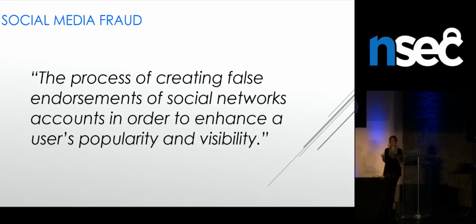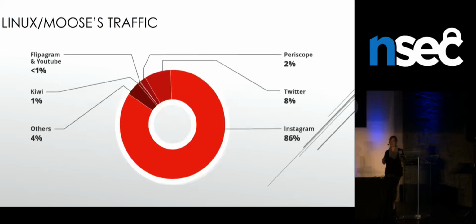This means that what the operators are doing is creating fake accounts, logging in with their fake accounts, and going and liking and following other accounts that are held by people who want to have fake popularity. And when we had the traffic at first, we wanted to see which social networks were targeted first by the operators, and we found that 86% of the whole traffic, and that was persistent among all honeypots, was targeted towards Instagram. So most of the traffic was on this social network.